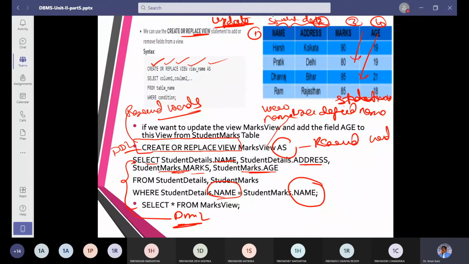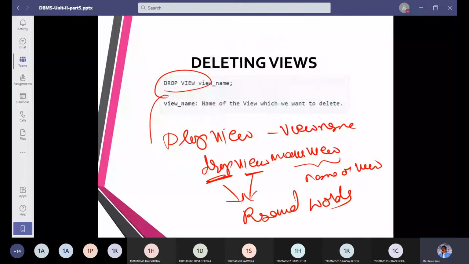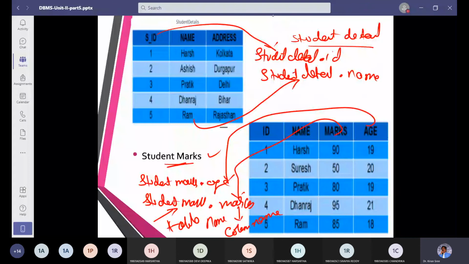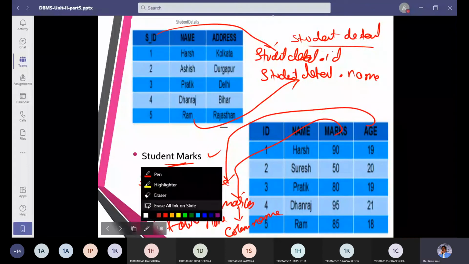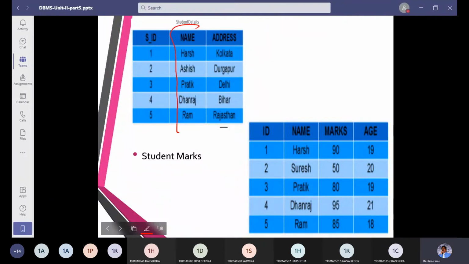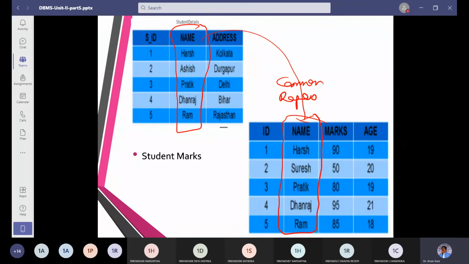So what is the common attribute here? The common attribute was name. I will move to the previous slide for a clear understanding of table normalization. Name in the student detail is going to be the reference key between table 1 and table 2.